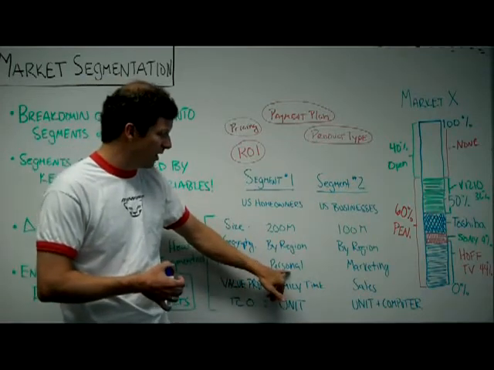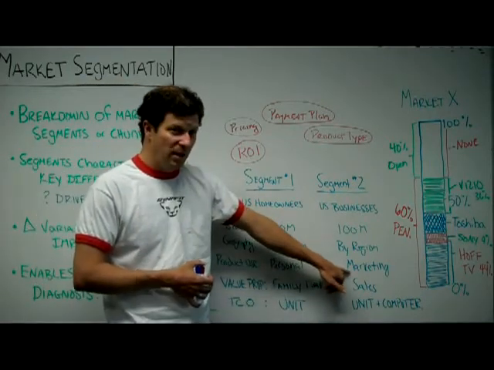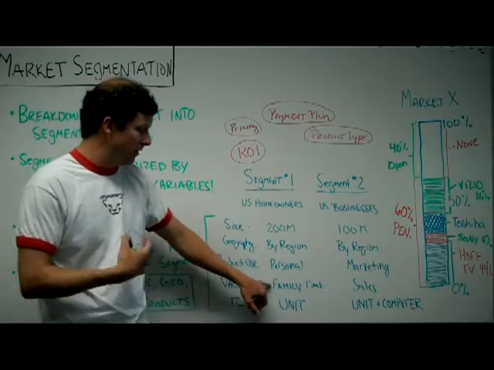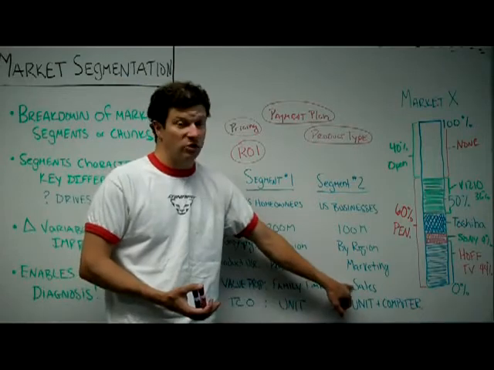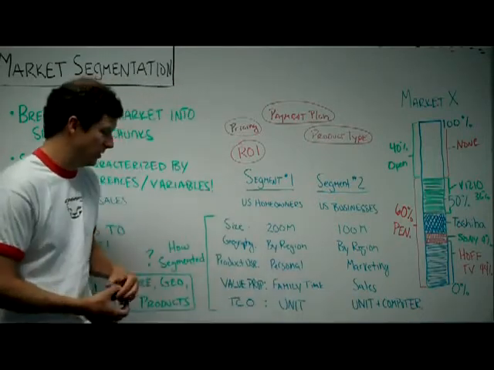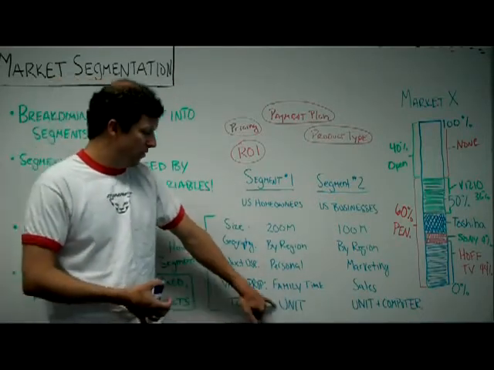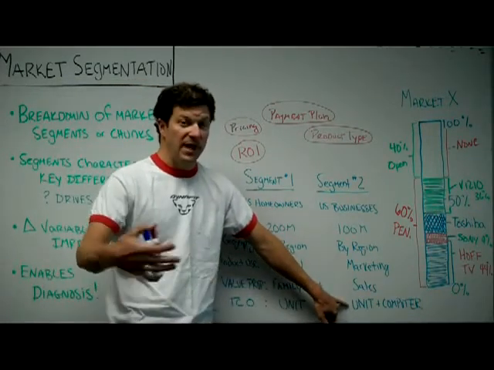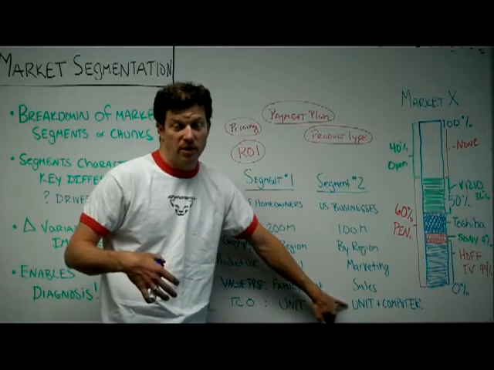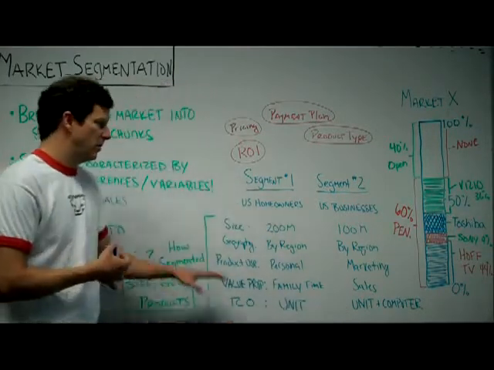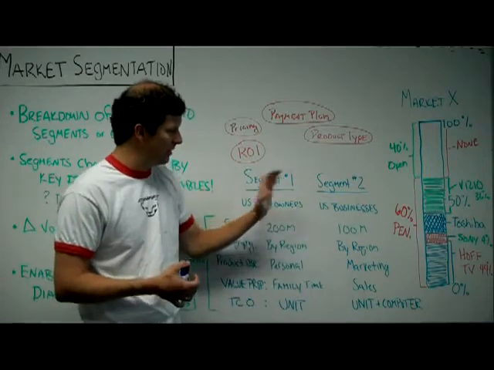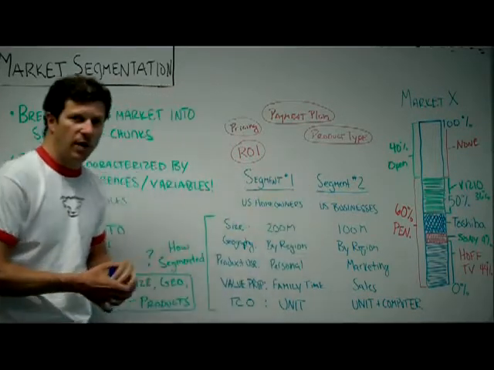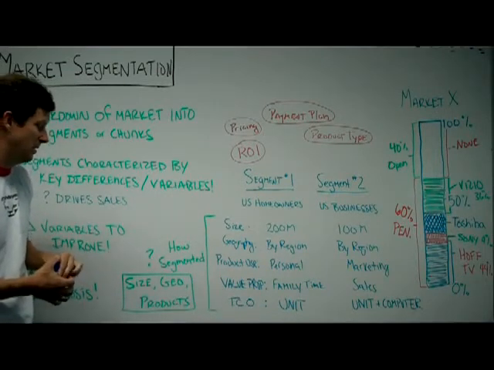This is a personal product use case. This, I'm going to hang it up in my company and do marketing for my company. What's the value proposition? Well, I'm trying to get family time at home by watching TV. I'm trying to drive sales in my business. So different value propositions. Total cost of ownership. The only thing at home I have to buy is the TV. At work, I might have to buy the TV and a computer to run my marketing programs on my flat panel. So you'll notice there are just different characteristics of these markets that really force me to segment them and split them into pieces.